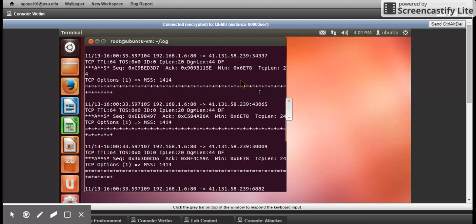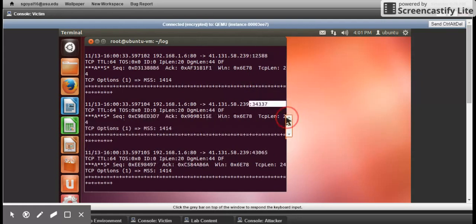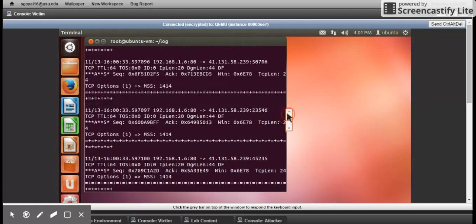Okay, so if we look at this particular packet, this is actually going from the victim VM to the attacker VM. So this is a reply message which is going back from the victim to the attacker. So since it's a reply, we can infer that there was an initial sync packet which came in from the attacker on port 80, and it came from port 34337. Similarly, if we look at some other packets here,